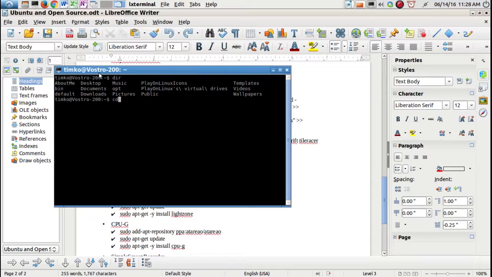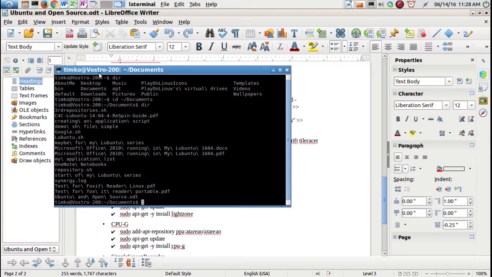Change my directory to documents. That's where my file is at. Oops. Backslash. Gotta have that. And third-party repositories. So remember that sudo sh, because it's a sh file that we're running,